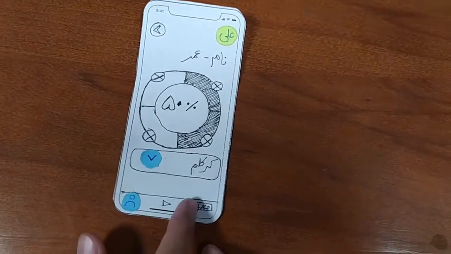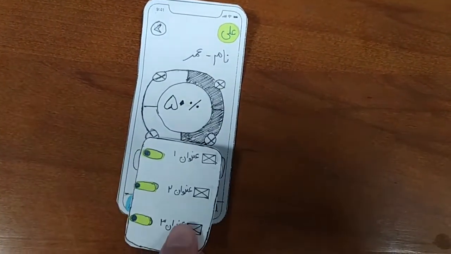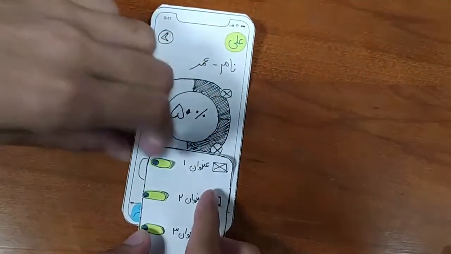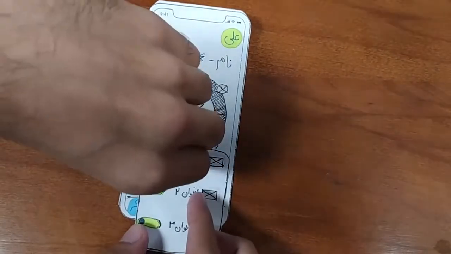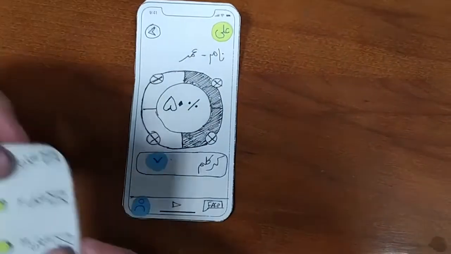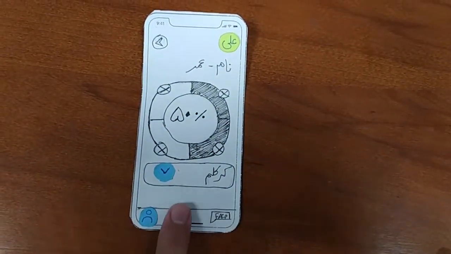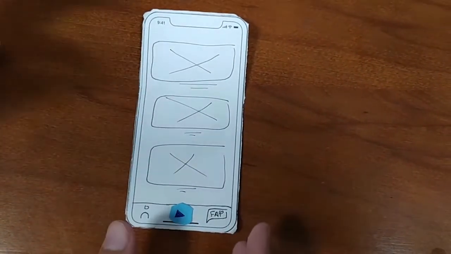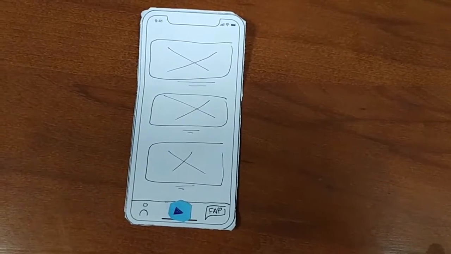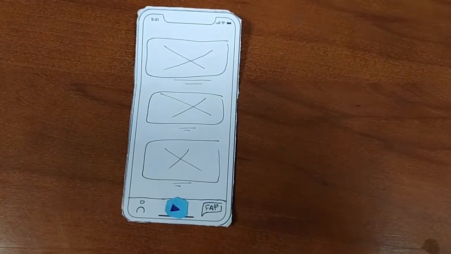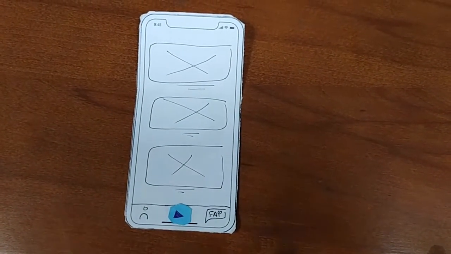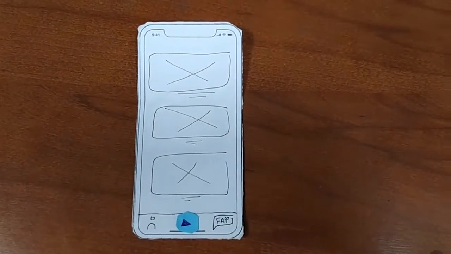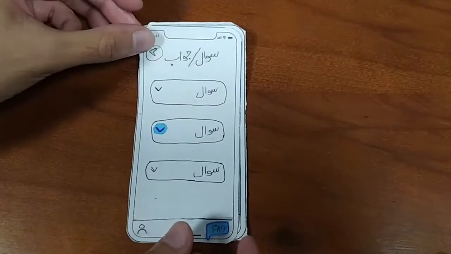You press this icon next to the curriculum bar and you're shown different topics. You can turn these off and on using toggle bars. After you're done with that section, you can move on to the video section. The video section will have multiple videos explaining different topics such as consent, good touch, bad touch, and the grooming technique.